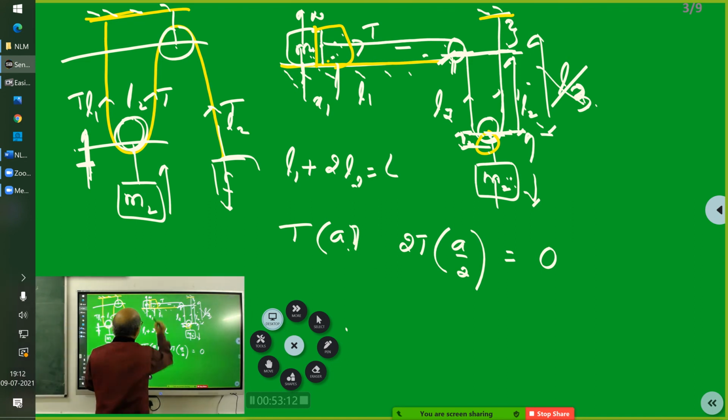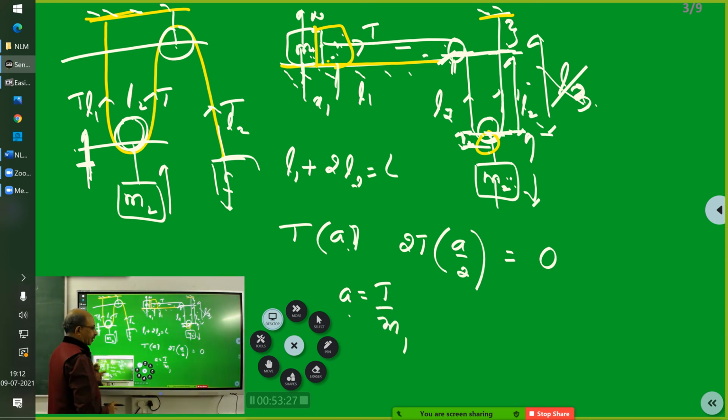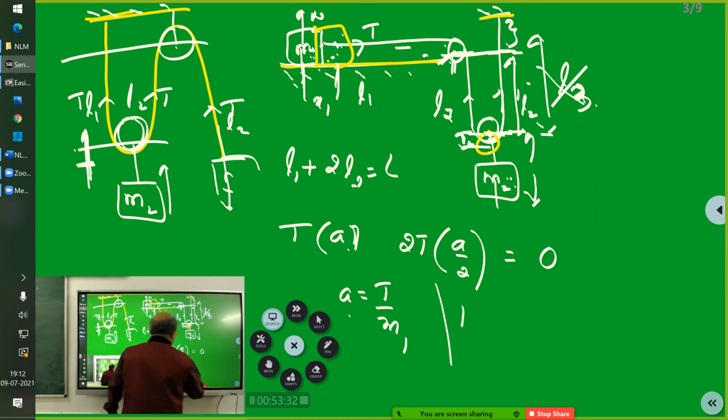Now if you say this acceleration is A here, in this case, A is equal to what? The acceleration of this point will be equal to tension divided by M. Correct? Yes, sir. A is tension divided by M. So therefore tension T is equal to AM. Here what happens? In this side, you know this factor. This is the work done at this point.